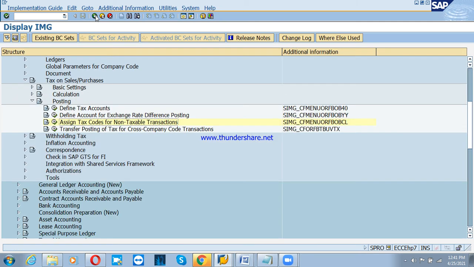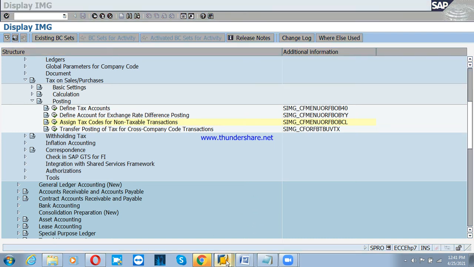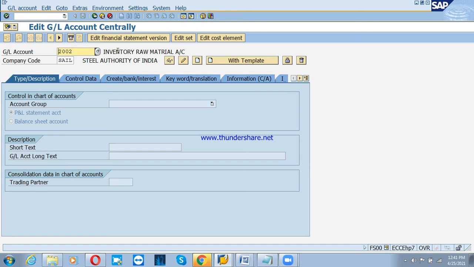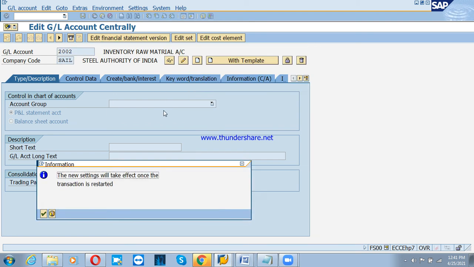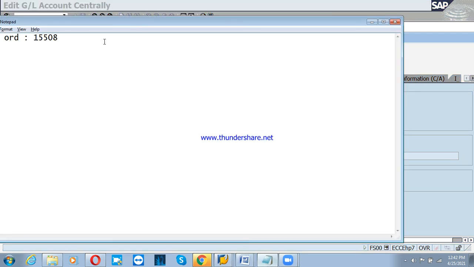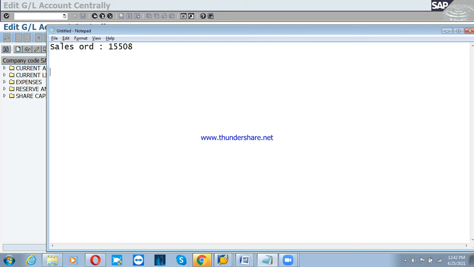Now the tax code is created, but as of now we have not created any ledger, and we have not assigned the tax code to that particular ledger, right? So the next step is I need to create a ledger, GL ledger or general ledger. So I'll go to FS00. I need to create 6 ledgers. So first I will create input CGST, input SGST,